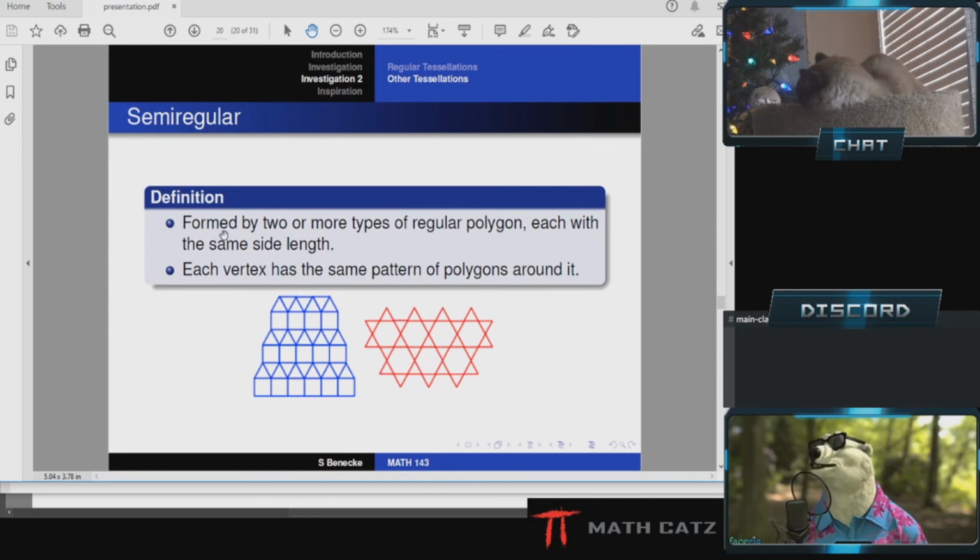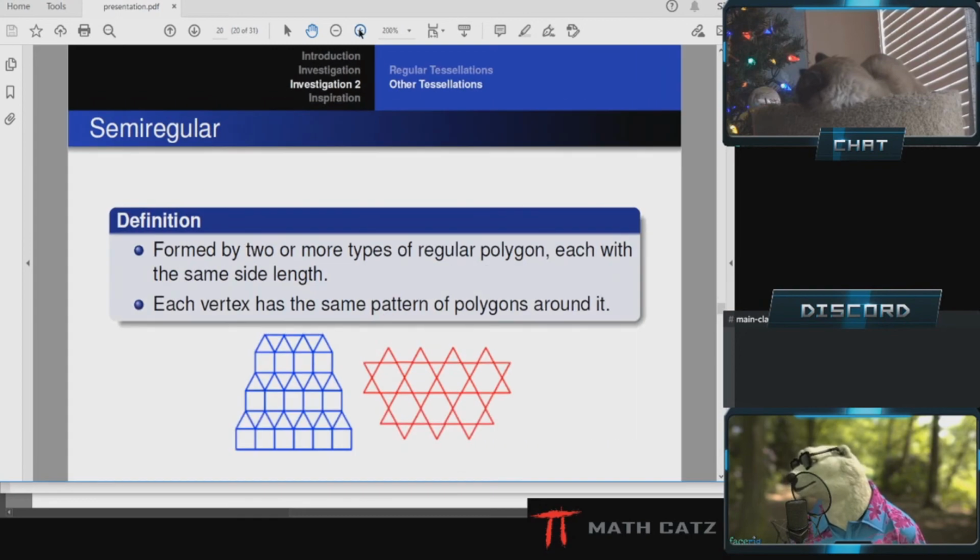So the requirement is that I have to use multiple regular polygons, but also that the tiling has some consistency: at any vertex where the vertices of the shapes are connected, it looks exactly the same. So if I zoom in a little bit,